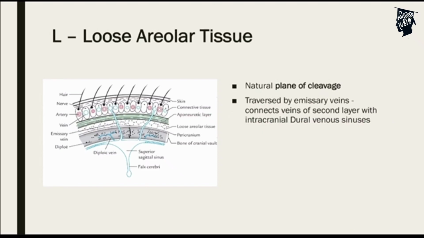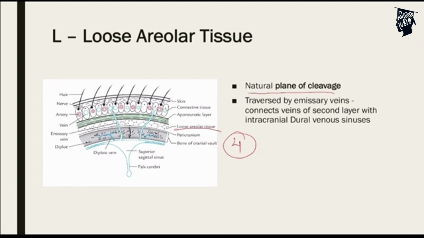Next, we'll be talking about loose areolar tissue, which is the fourth layer of the scalp. It's the white region right over here. It is nothing but loose connective tissue. There are no major structures in this region, and it is very loosely connected, and it acts as a natural